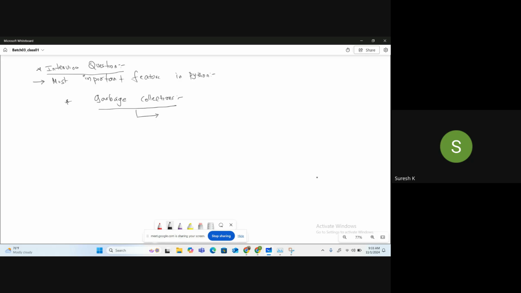True. Garbage collection is a process by which the Python interpreter automatically frees up the memory by removing the objects that are no longer in use.